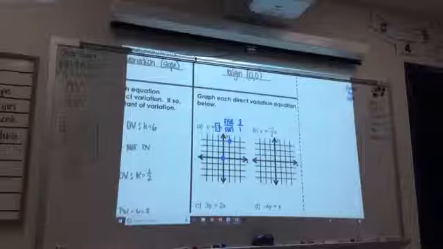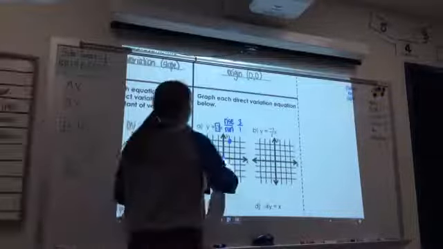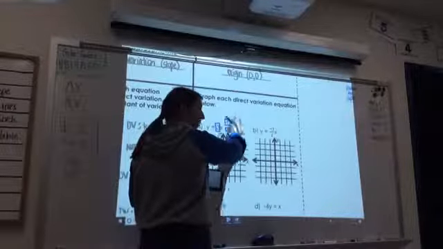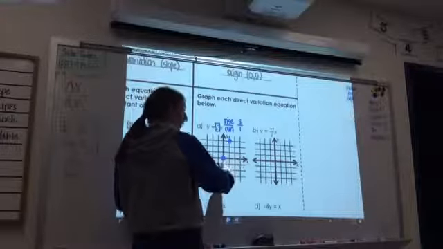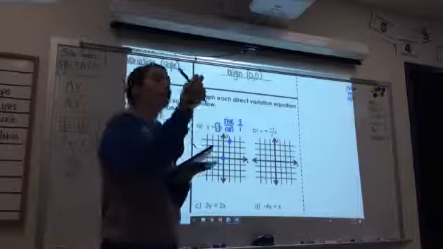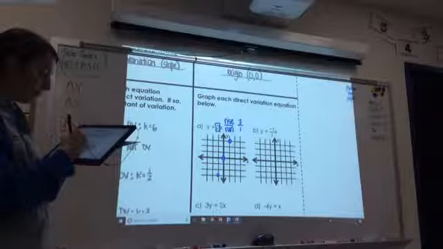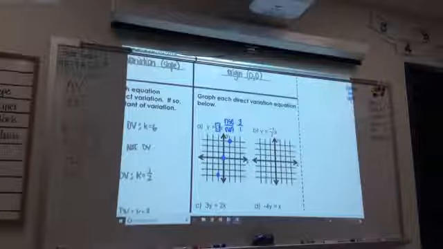Now, the cool thing about graphing, guys, is if you know your rate of change, you know your slope, you do it once. We need 3 dots on our graph, though. So, if I do it up 3 over 1, can I go up 3 over 1 again? No. But what could I do to get here? Down 3. So I can do the complete opposite to get my other point. So from the origin, if I go down 3, left 1, did I still follow the same pattern? Yes, because when I connect the dots,